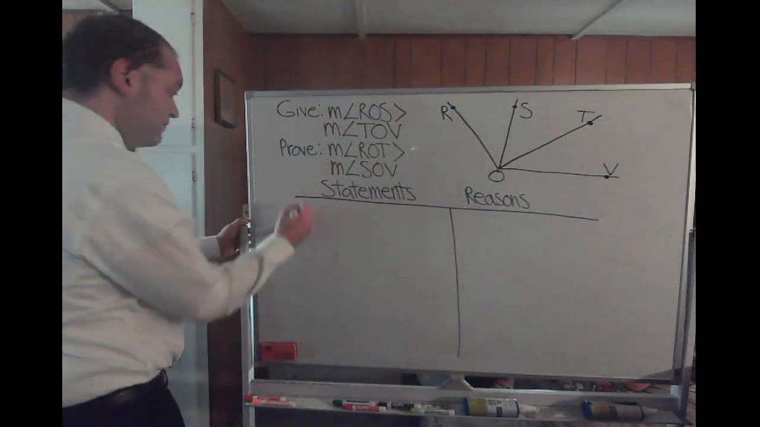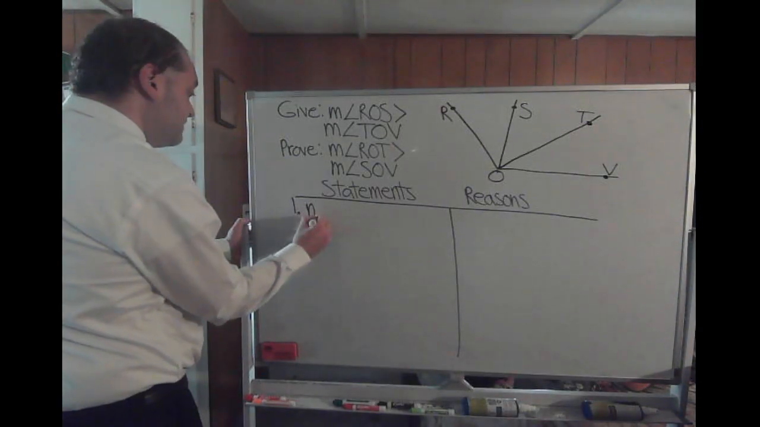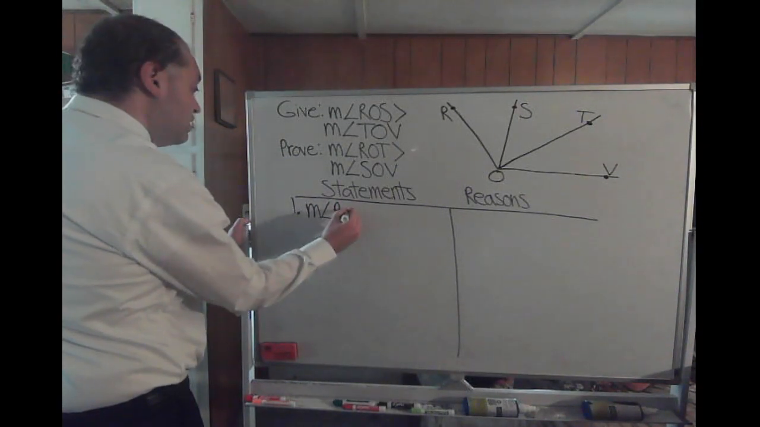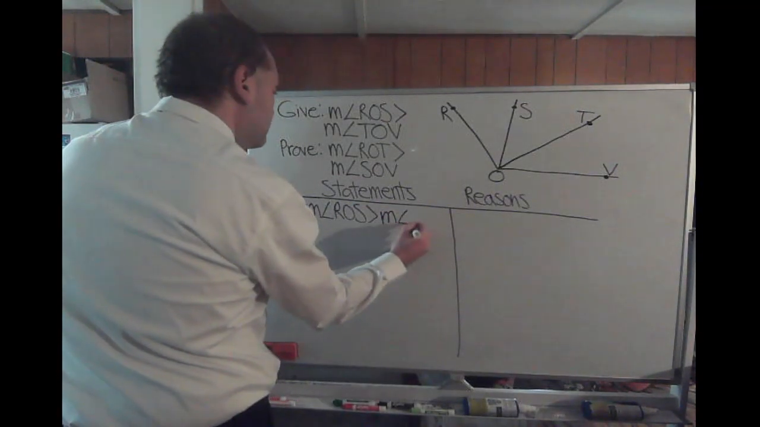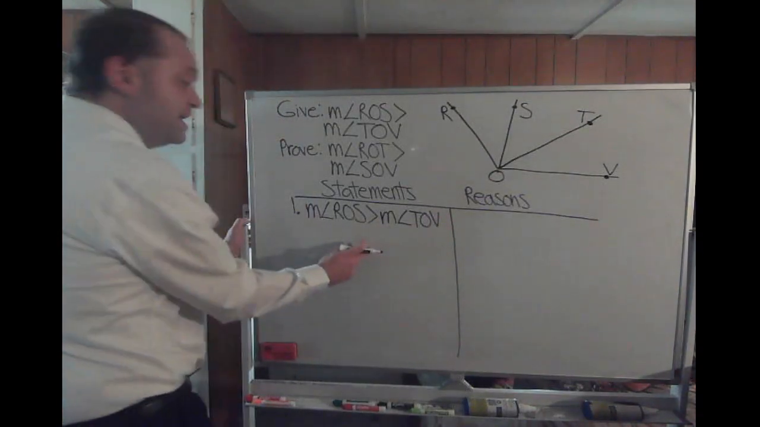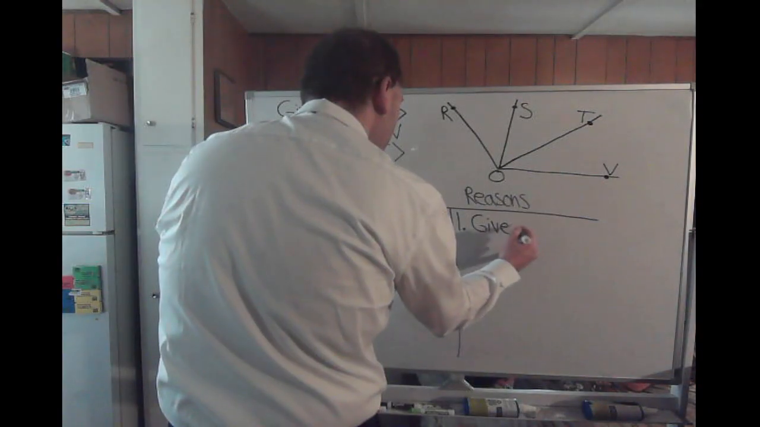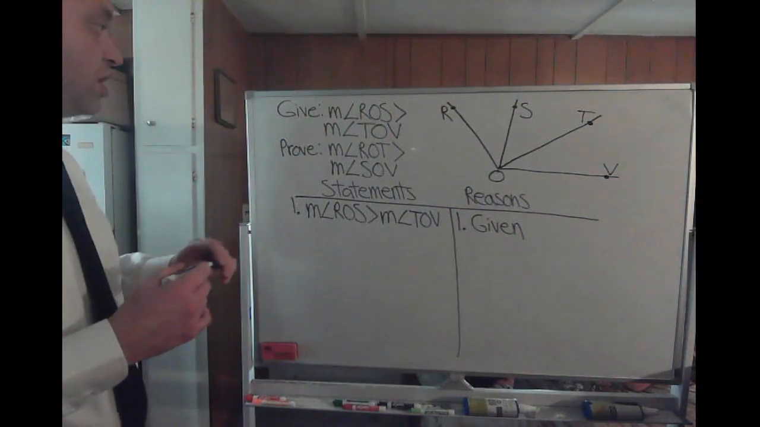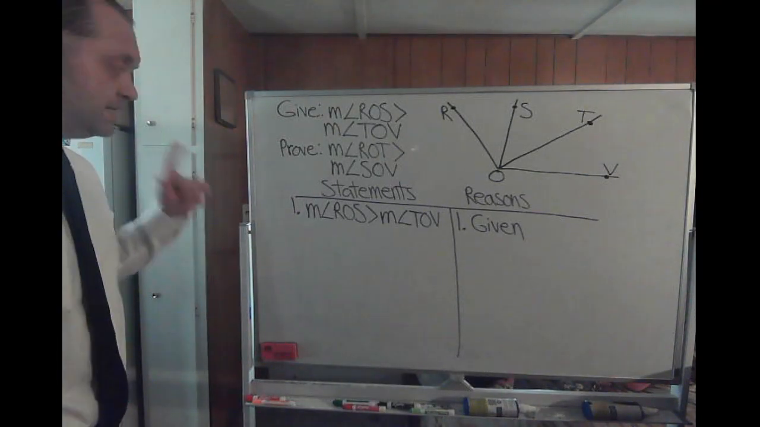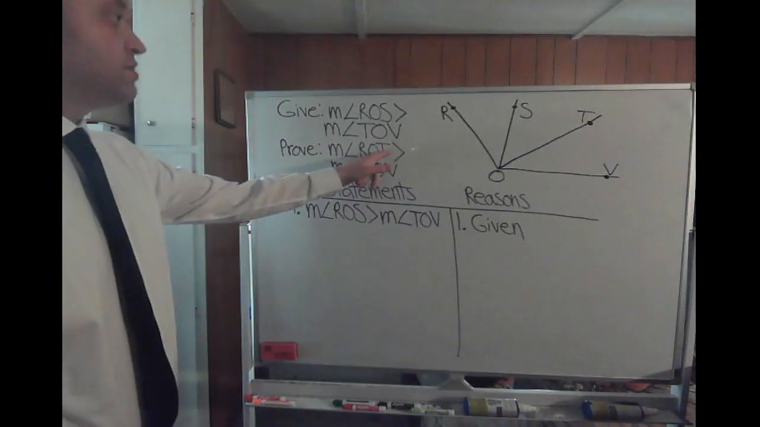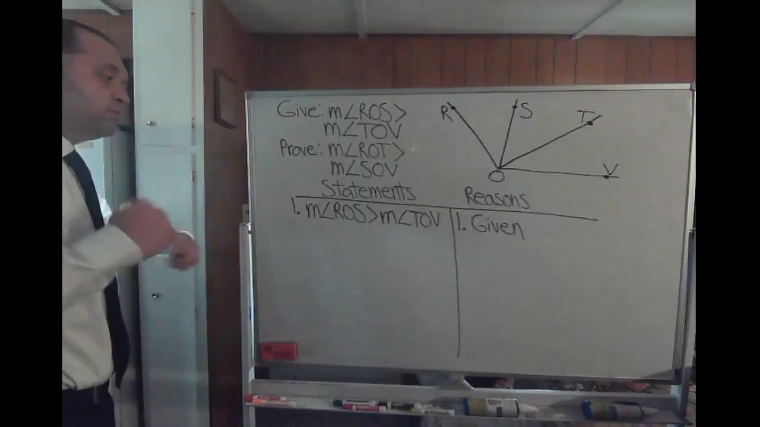All right, let's start with our first given piece of information. Well, we have here what's given to us: the measure of angle ROS is greater than the measure of angle TOV. The reason for that statement, of course, is that it was given to us. Ultimately, the goal is to get to the measure of angle ROT is greater than the measure of angle SOV. So what I think we should do next